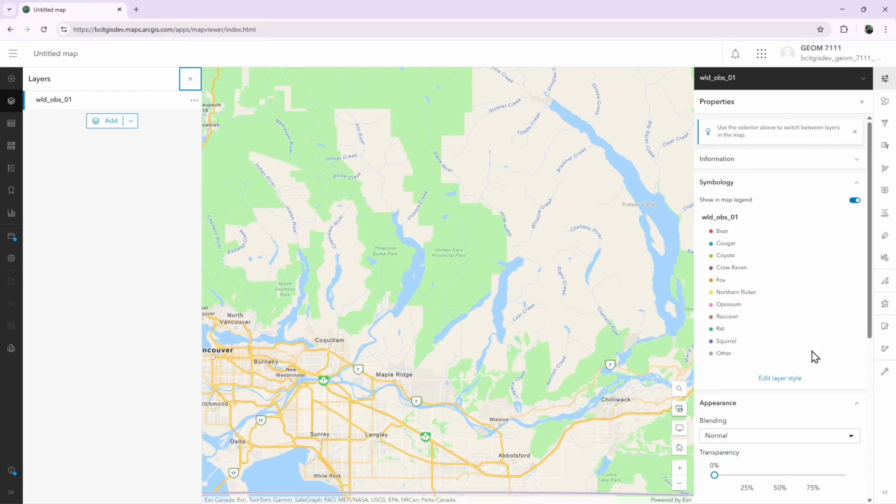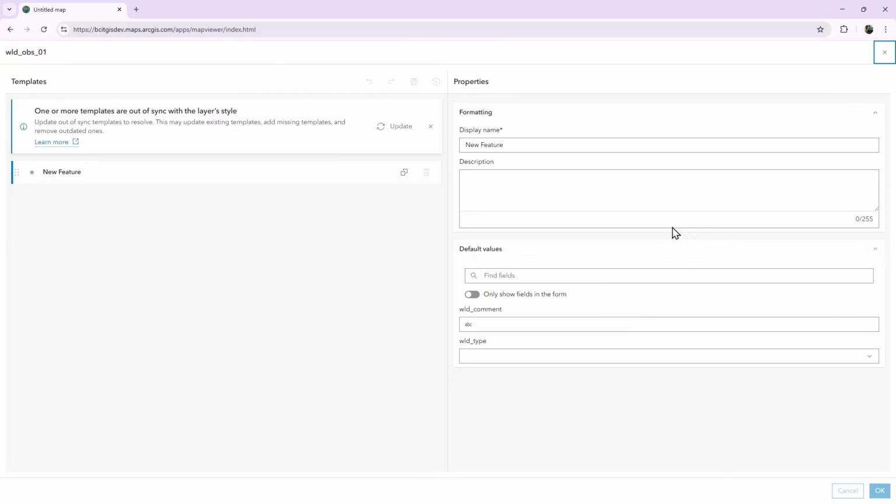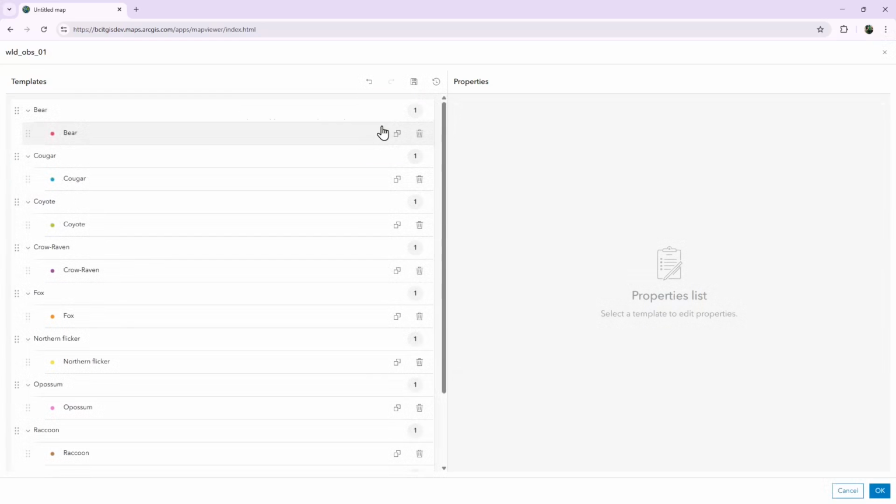So what I'm after here is actually to configure the editing, which is this little button here, and I want to make some editing templates. We just got to go click the update button. It'll make an editing template for each of the ones in the unique value renderer, and I'm going to go okay. Now the reason I like this is in that